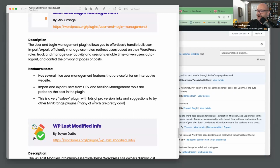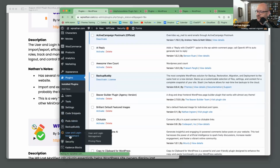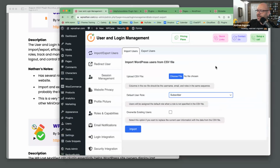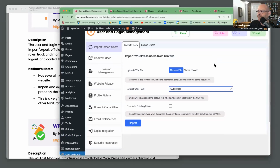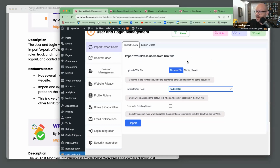Now, I will say, and I noticed that this, like many miniOrange plugins, is a very salesy plugin. miniOrange loves the upsell and it's everywhere. So just, it is what it is. So let's take a look down here at the miniOrange User and Login Management plugin. There are a few features here that I think you might like. First is a really simple way to import and export users to a CSV. There are a bunch of plugins that do this. This is one of them. You can really easily import and export